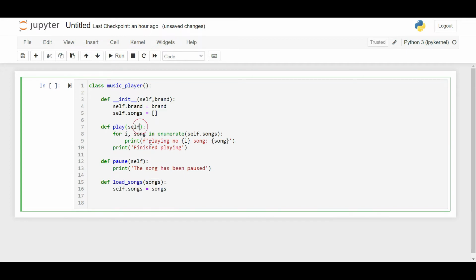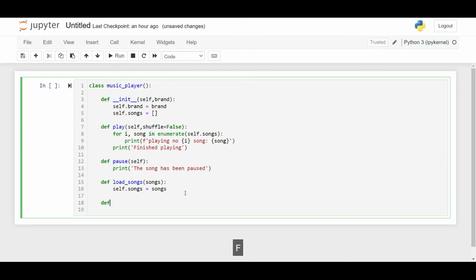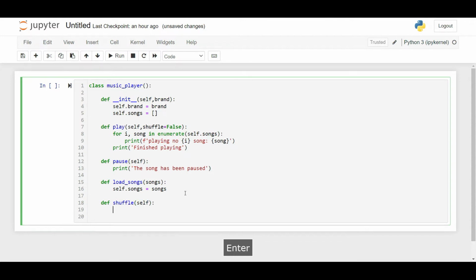But the user may want to shuffle, right? Shuffle the playlist basically, as we all do. So in that case I can take a shuffle boolean parameter, let's say. If the user wants to shuffle or not, by default it will be false. If the user provides it, then we can shuffle accordingly. So that shuffle is basically, I'll write it here, shuffle self. Okay, and we can just import a random module